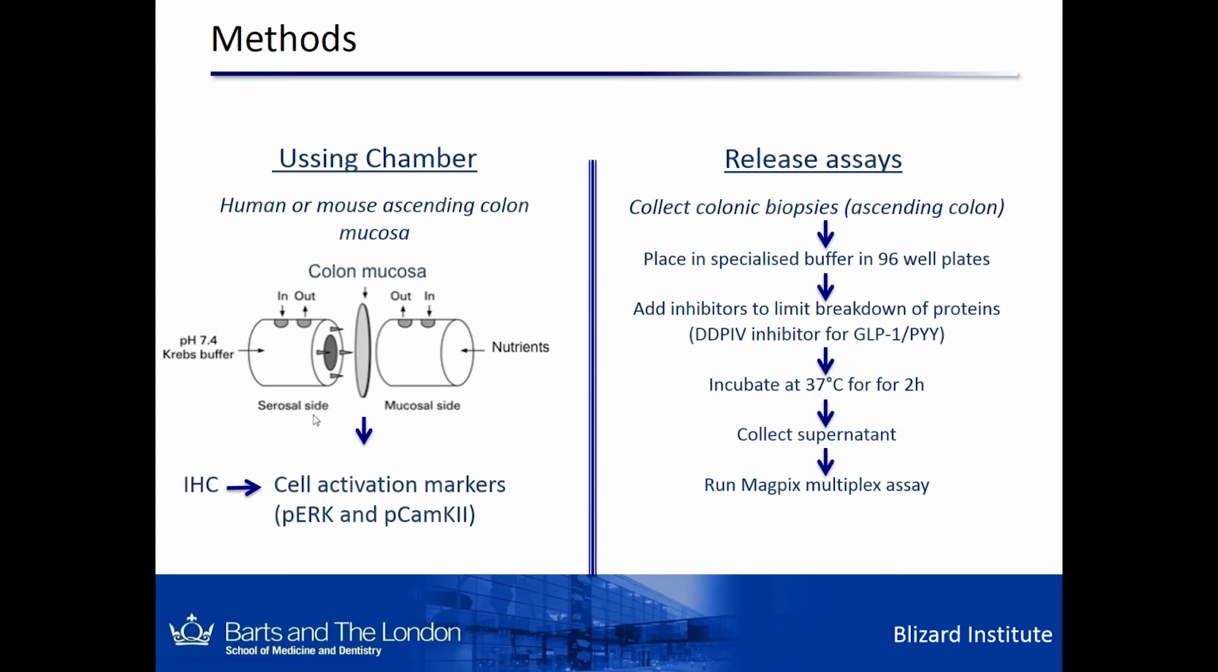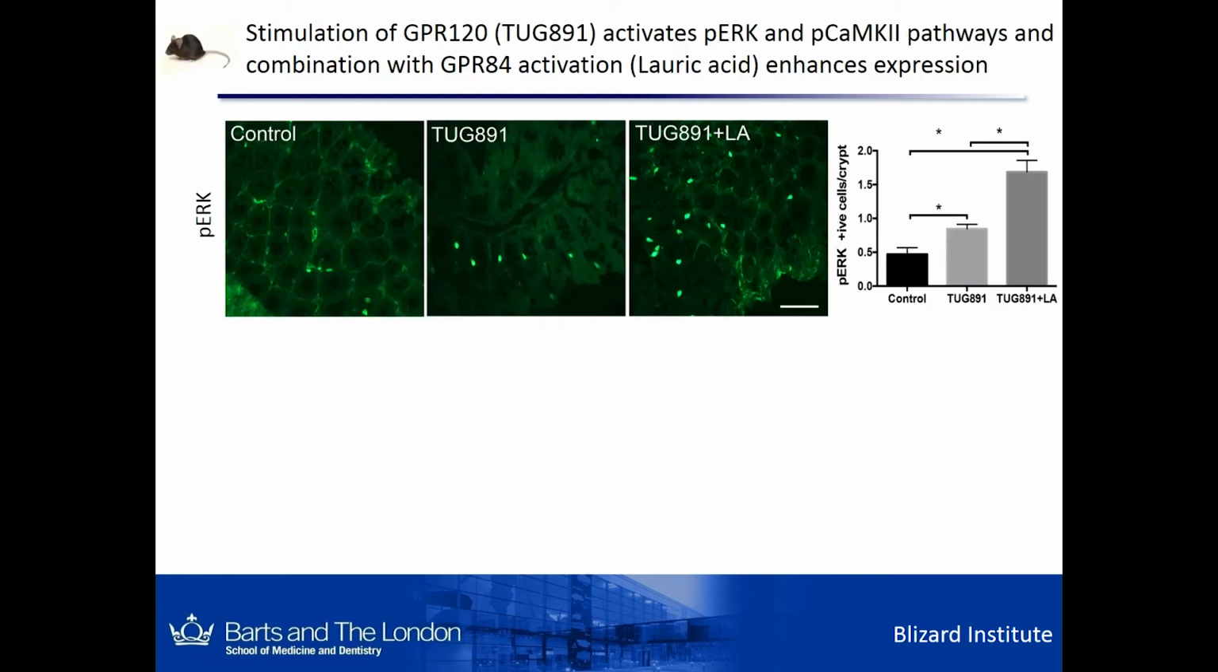We incubate with nutrients for 20 minutes, and then use immunohistochemistry to look for cell activation markers, pERK and pCaMK. We also do release assays on biopsies that we've collected. We use some inhibitors to prevent the breakdown of proteins, incubate for 2 hours, collect the supernatant, and then use a multiplex assay to quantitate these proteins. I just wanted to show you the mouse data first, because what was really interesting